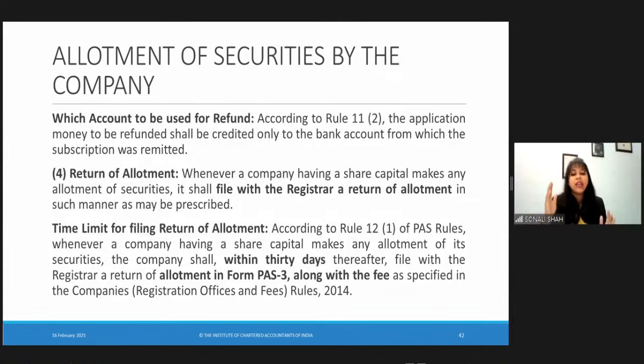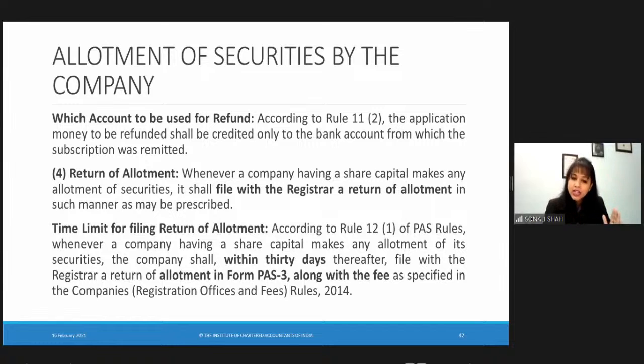it will not. If it will not, the company will not be permitted to allot the security, and it will have to return the money within 15 days of the closure of the issue. If the company does not return the money, the directors and the officers in default will be jointly and severally liable, and they will have to return the money with interest at the rate of 15%. If the requirements are fulfilled, the securities will be allotted.